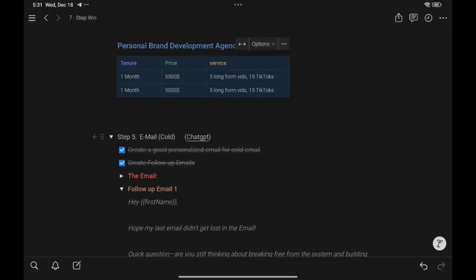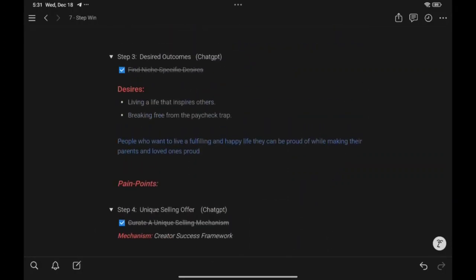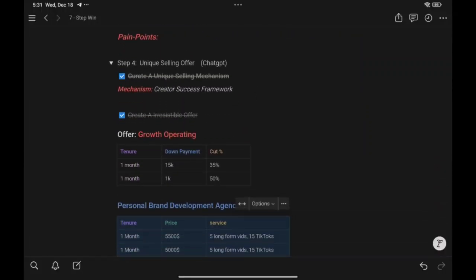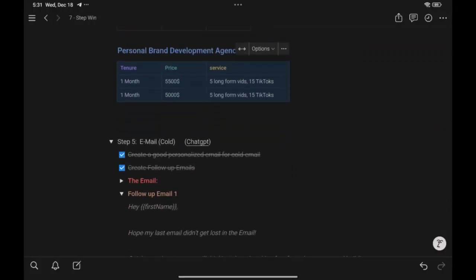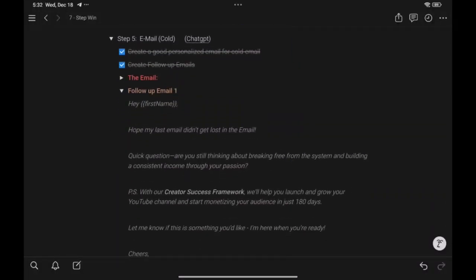So step five, after you have acquired their pain points, the desired outcomes, and you have created a unique selling offer, you have to get to the email part. You have to write a really personalized email, an email that's gonna hook your reader.